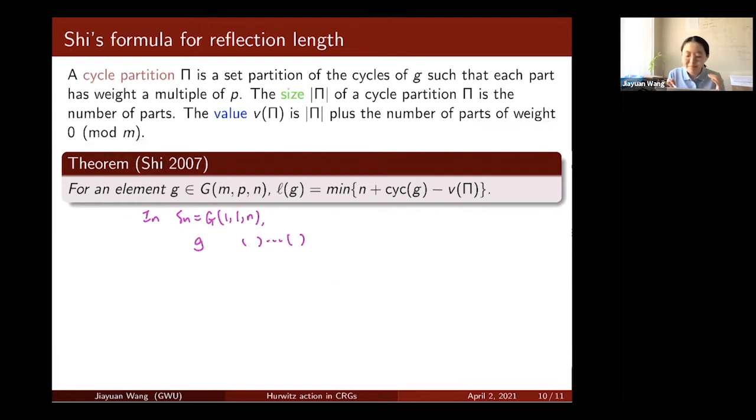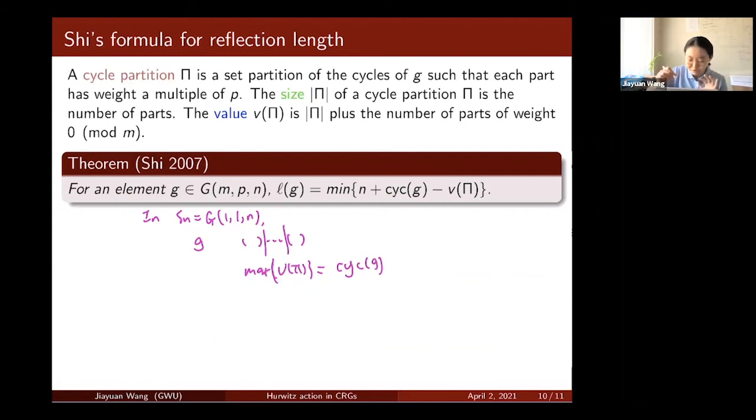So then to find the maximum value of the partition, we can just put each different cycle in its own individual part. And here the maximum value of this partition is just the number of cycles of this permutation. And then to apply this formula,